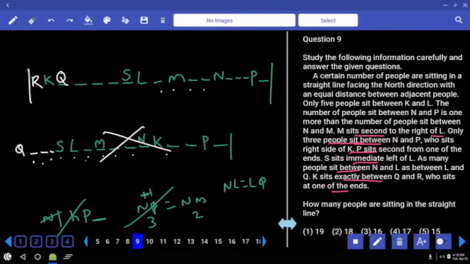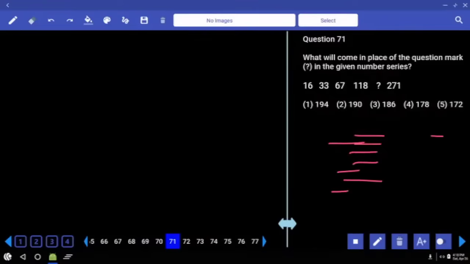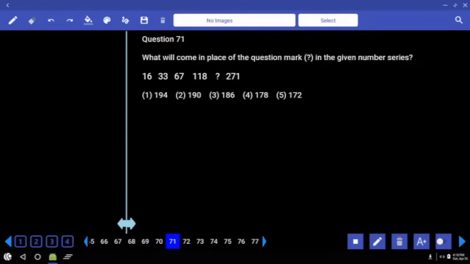Then next one. Anything left out in this paper? Number series, question numbers 71 to 75. Tell me what is your answer here. 16 and 33: times 2 plus 1, times 2 plus 1. But as here, times 2 plus 1 is not possible, hence you need to go for the difference. What is the difference between these two? 17. Next one, 34. Multiples of 17. Next one must be 68. 8 plus 8 is what? 6. 6 as the last digit is the only choice.